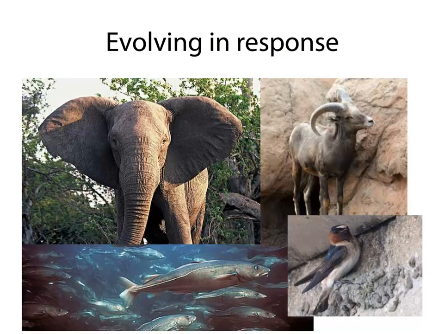The population, remember that the population you're looking at is the population of elephants. So all these different individuals in the herd, okay? And then last but not least, the evolutionary adaptation would be the lack of tusks, or the smaller horns in the bighorn sheep, or the adaptation would be being able to reproduce at a smaller size for the fish. Okay, so that's the evolutionary adaptation. So hopefully this all makes sense.